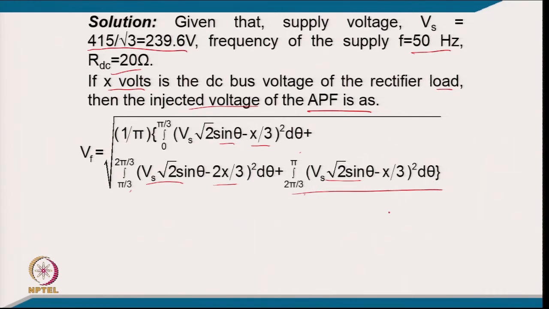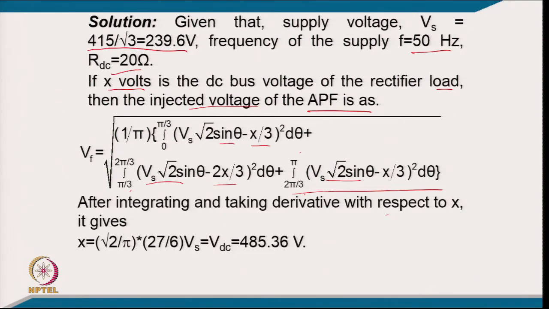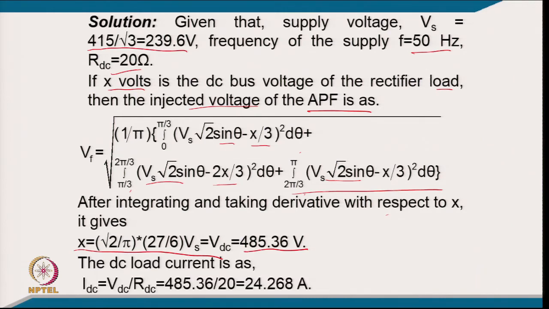So, now x is the DC link voltage. We can find out, for minimizing the injected voltage Vf, the value of x. After integrating and taking the derivative with respect to x, it gives the x value, and that comes to 485.36 volt. Now, once we know the DC link voltage, we can find out the DC load current, because we know the resistance of the DC load. So, it becomes VDC by RDC, and that is 485.36 divided by 20,